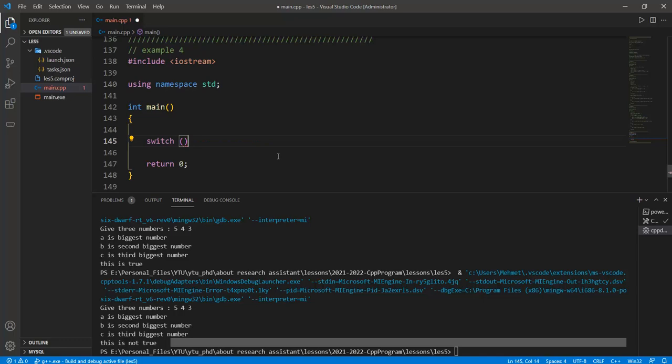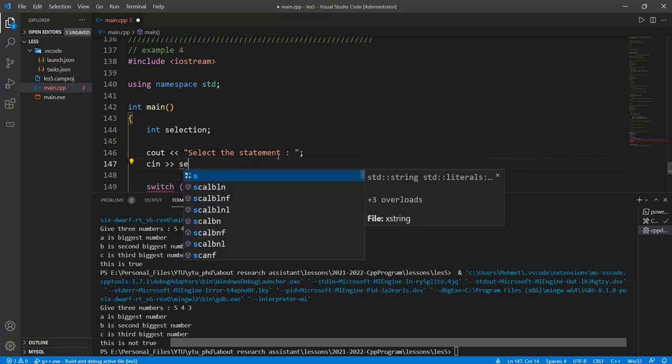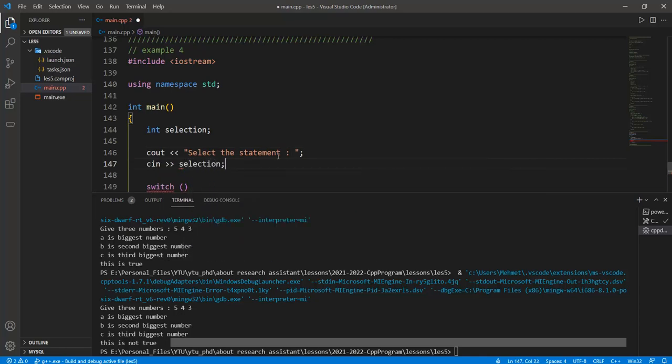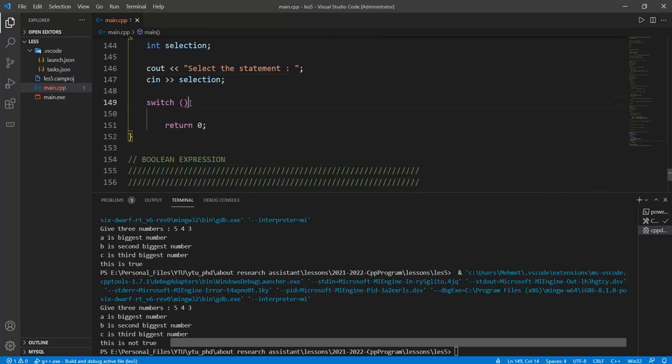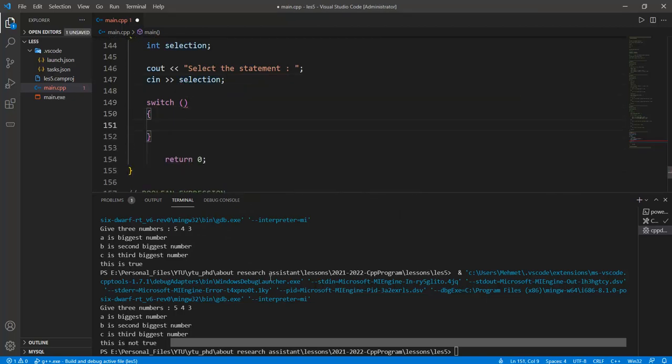And so the syntax is simple. We can add the selection statements at this moment, and so cout select the statement like this one, and cin selection is fed by the user. Okay? And so we should add the parentheses in here, and so this selection